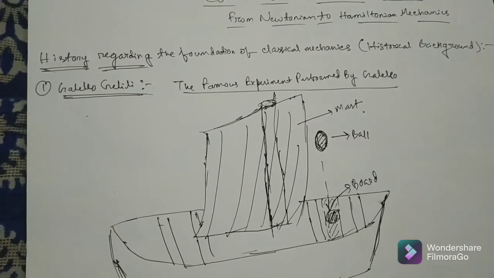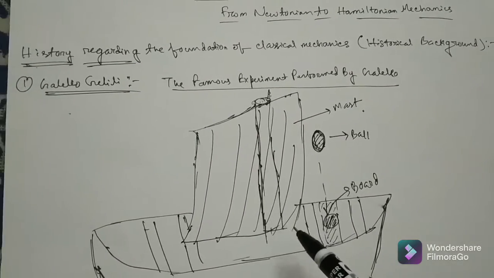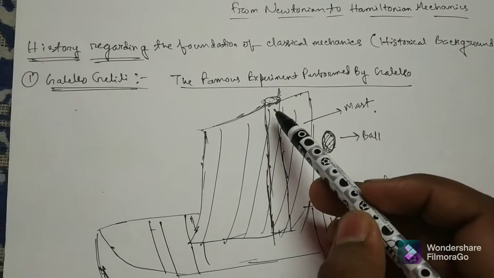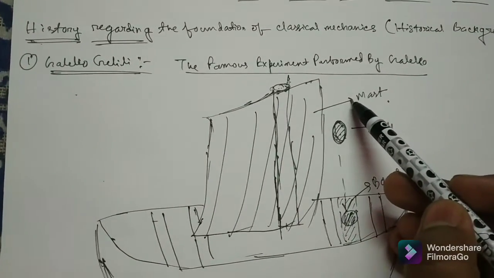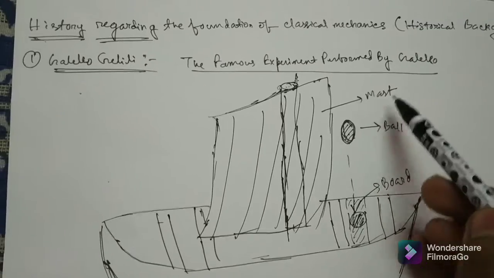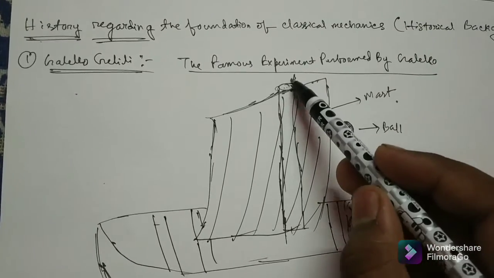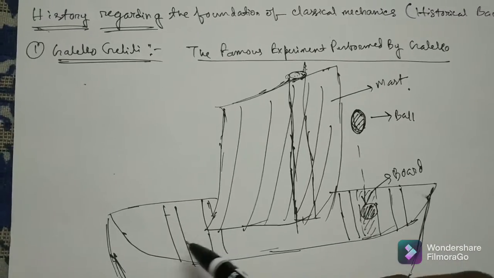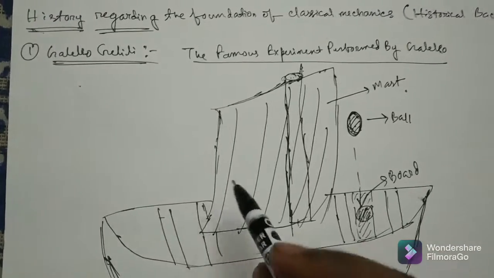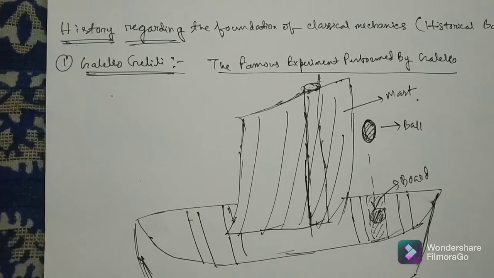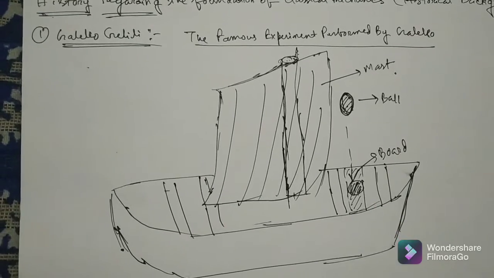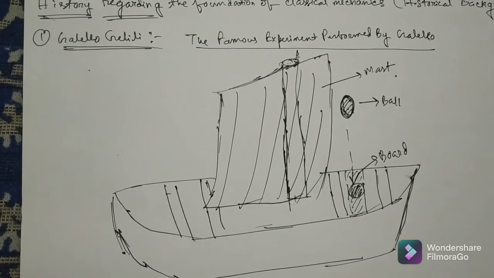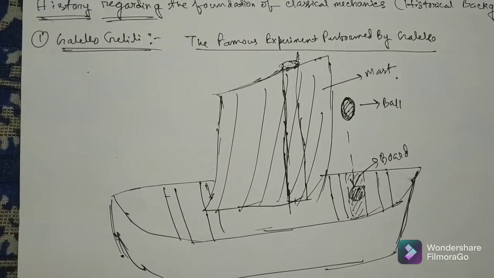He was a good climber, because in this experiment, Galileo climbed up this, which I marked as the mast of the ship. He climbed up. At this point, the ship was traveling in a pleasant sea, without any waves or anything like that. So Galileo assumed that the boat in which he was traveling was moving with uniform velocity.